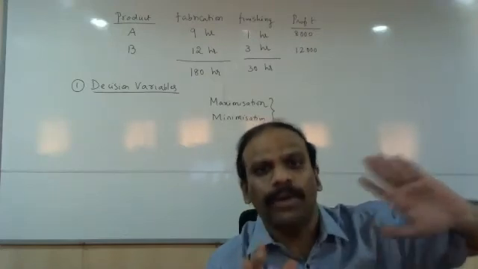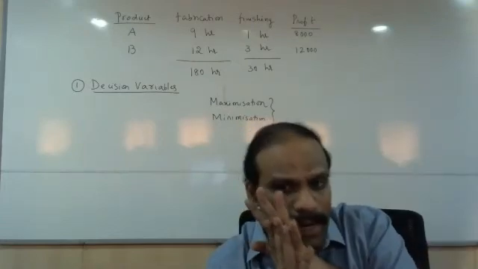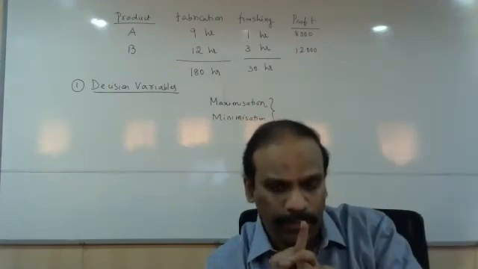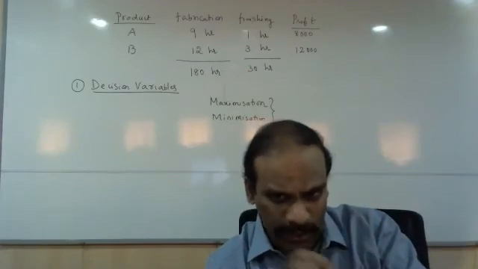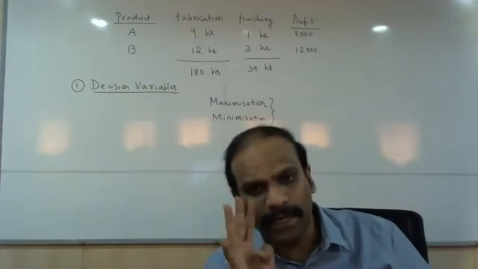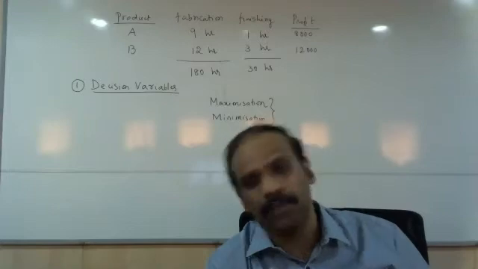Okay, so now we'll come back to the actual course. What is the actual course? You are supposed to clearly define 4 important components. The first one is the decision variable, the second one is the objective function, the third one is the constraint, and the fourth one is called the non-negative restriction. These four must be defined. Now let's start with the first concept, which is called a decision variable.